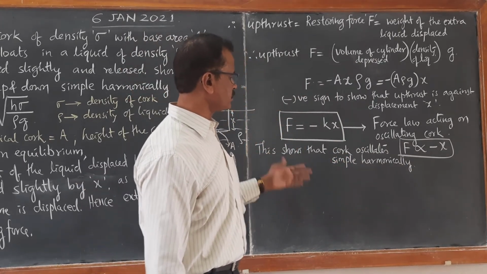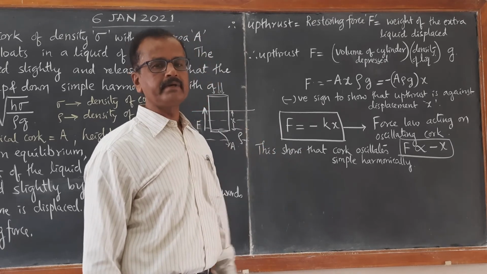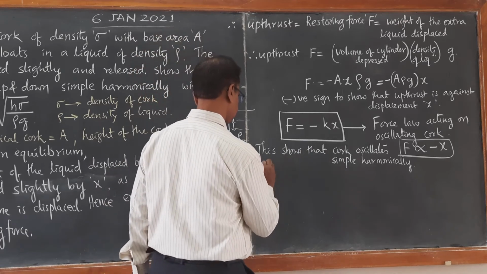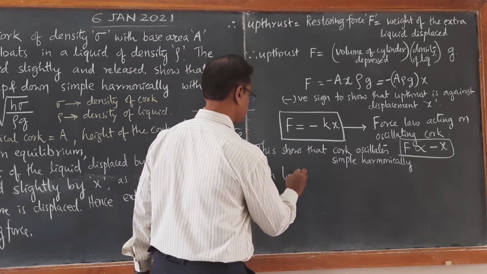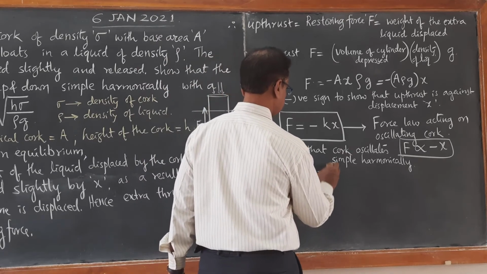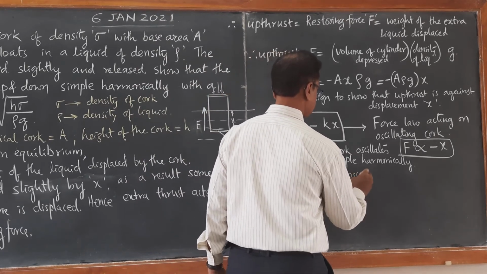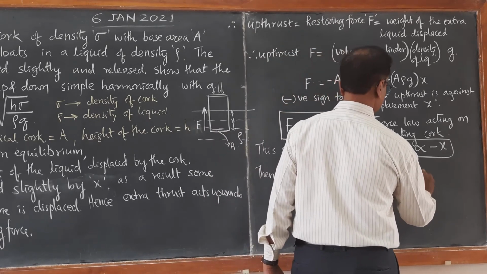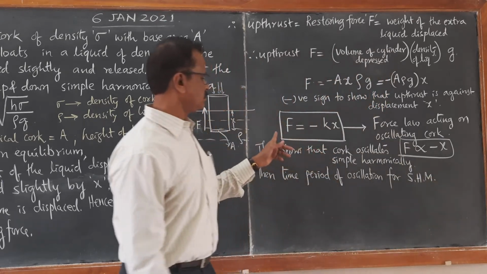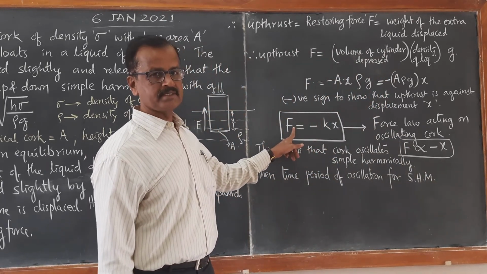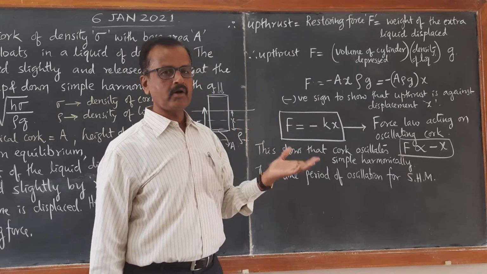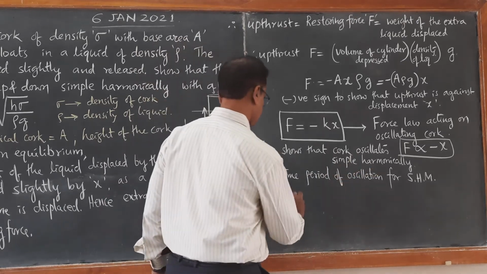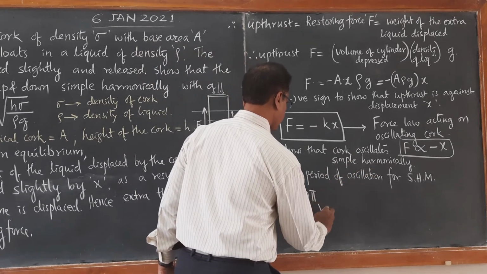If the cork oscillates with SHM, then directly we can calculate the time period of oscillation. Once you prove that it is obeying the force law of SHM, then definitely the oscillating cork undergoes simple harmonic motion. Then for the time period of oscillation we can directly use T equal to 2 pi square root of